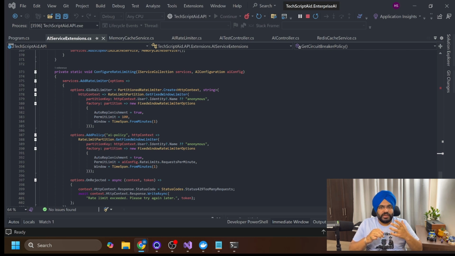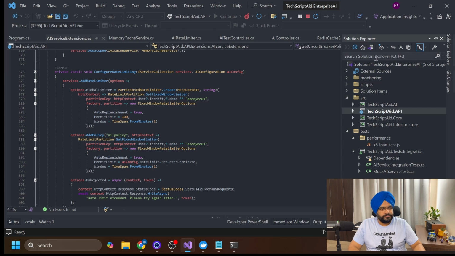LRU means least recently used, which removes the oldest accessed items. In case of LFU, which stands for least frequently used, it removes the least accessed items. And volatile TTL removes the item closest to expiration. And when it comes to random, for when we don't care about the patterns, we can use that random policy. So in my case, in this method, generate cache key,